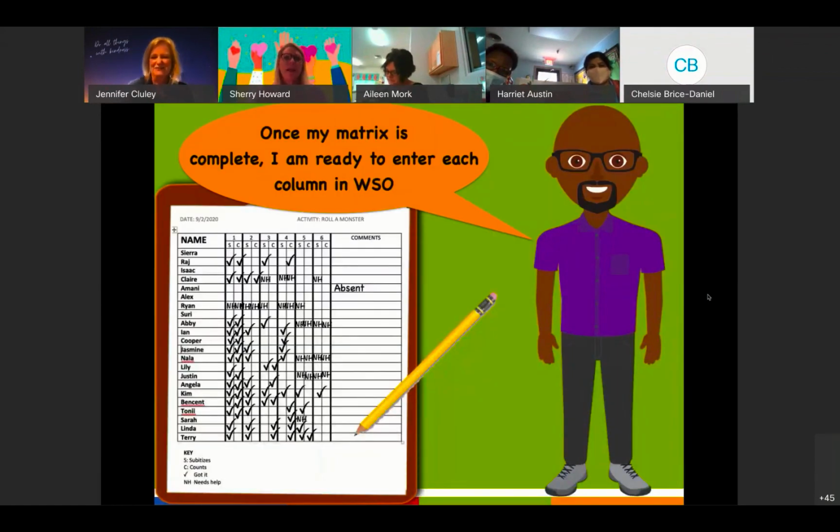As you see here, my matrix has lots of markings on it, lots of check marks, some needs help across the board. If you remember from newly teacher training, we enter that matrix by the column. So we would go in and enter all of the children who were able to subitize for number one. Then we would make an entry for all of the children who needed help subitizing for the numeral one. What you can do, because that sounds like, oh my gosh, that's a lot of matrices,